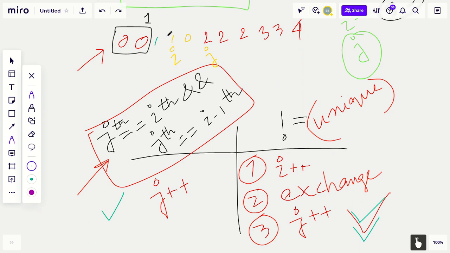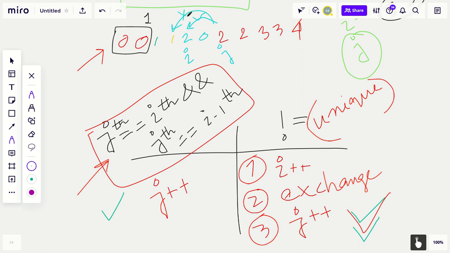So first we need to increment i, then we interchange 2 and 0, then we again increase j. Now when we compare with ith, this satisfies, but i minus 1th does not.